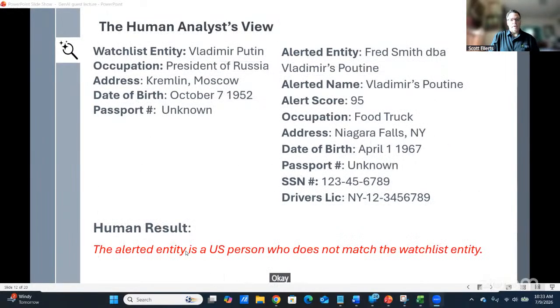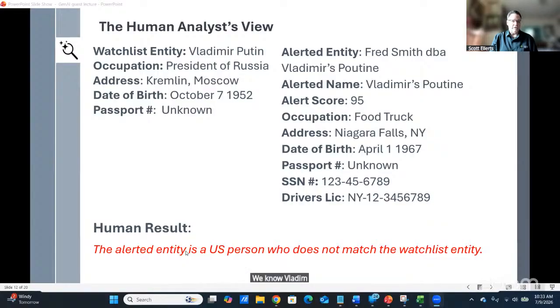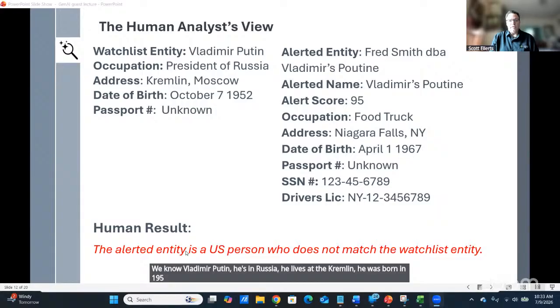Okay, so what happens when we get an alert? So the human analyst is going to open up their dashboard and they're going to see our watch list entity is Vladimir Putin. Our alert entity is Fred Smith doing business as Vladimir Putin. We know Vladimir Putin, he's in Russia, he lives at the Kremlin, he was born in 1952. We don't really know anything else, but we know all the details of Fred Smith because he's our client.